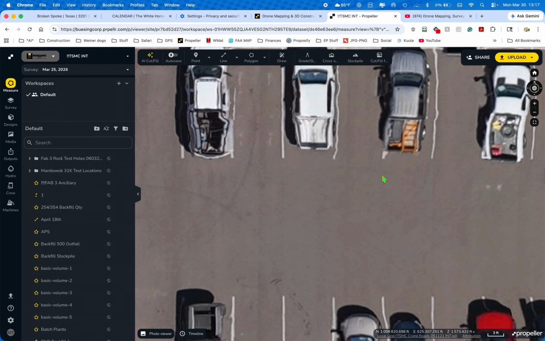We can go into a stockpile measurement. Pick an area. Say we just want this area. It's going to tell you how many cubic yards. With the smart volume, it's saying there's a cut of 24 and there's a fill of 55 to get it up. But if you give it a reference level surface, for example, finish grade, and you know that finish grade